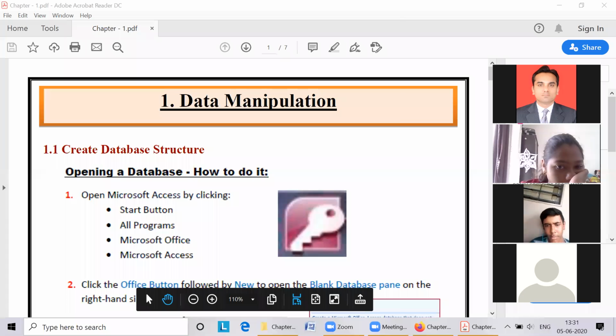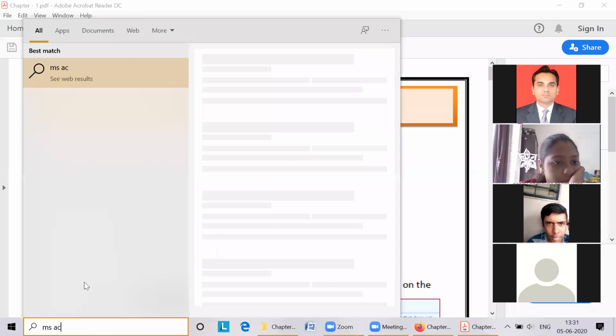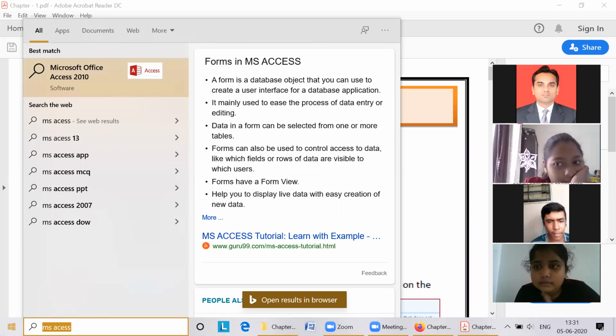First, you have to type MS Access. See, MS Office, MS Access. Are you able to see my screen? Yes, sir.